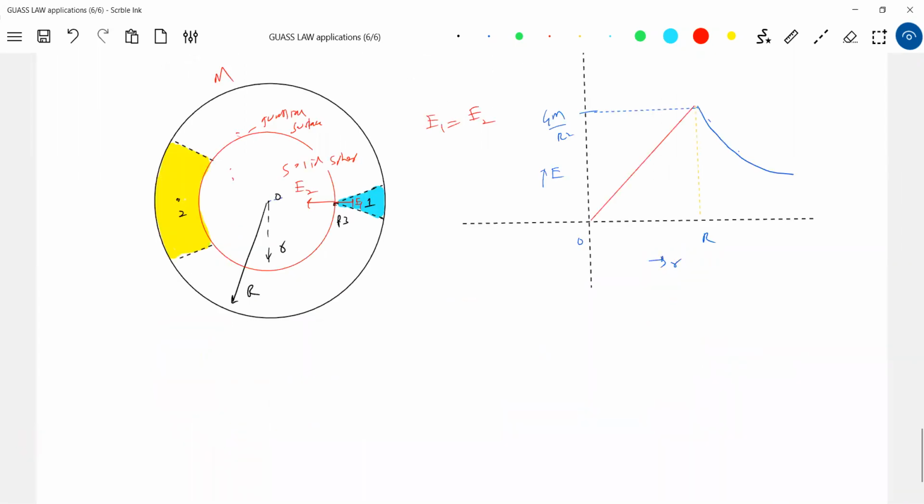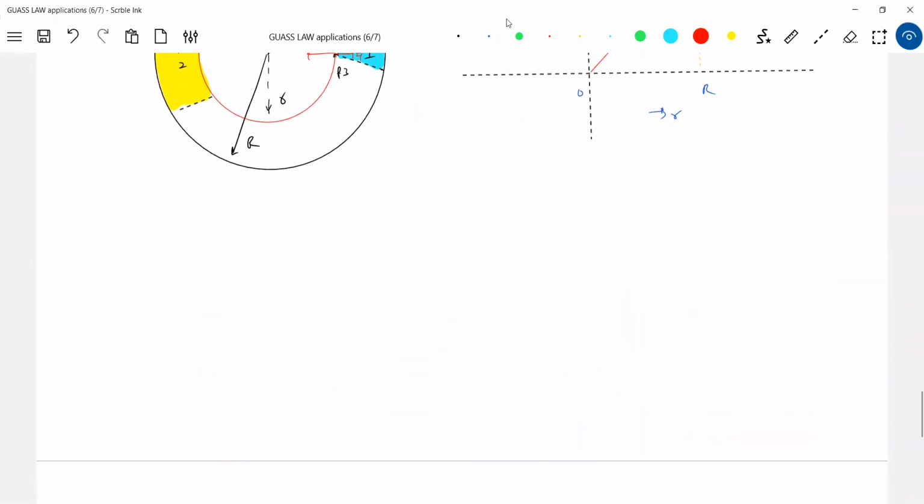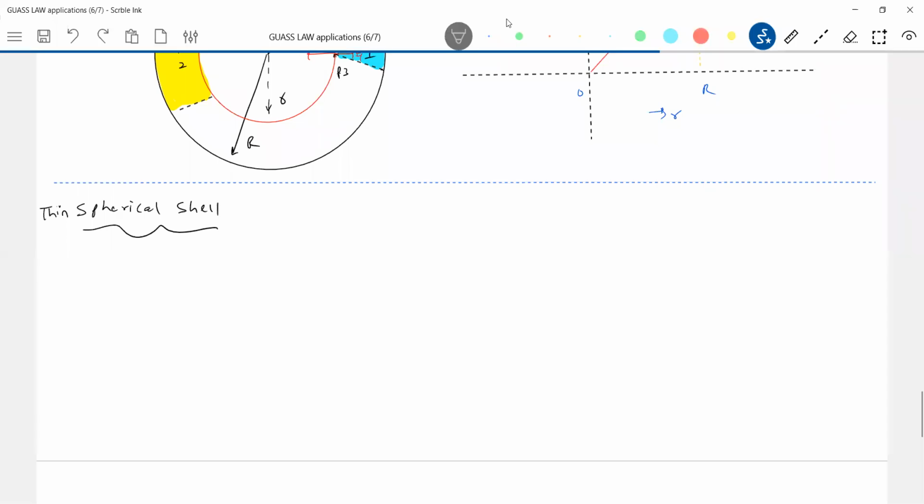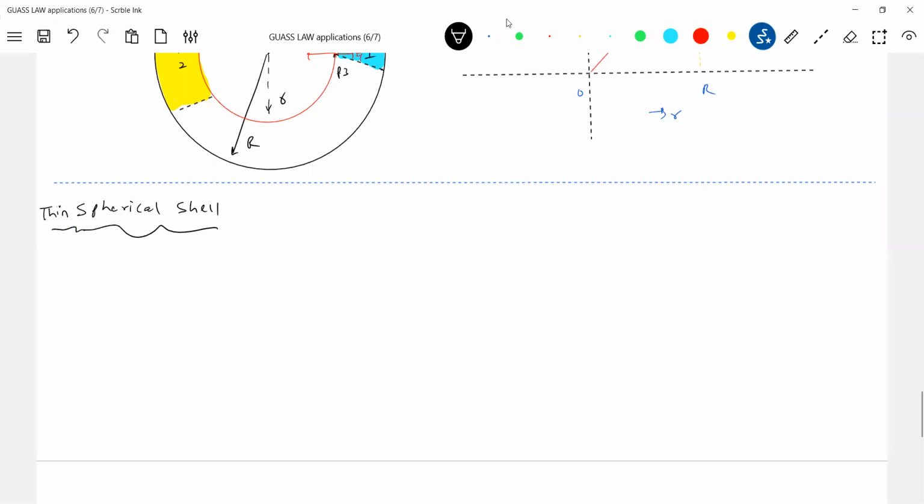Now the same idea we will extend to a spherical shell. Till now, what we discussed is for a solid sphere. Now we'll go for a thin spherical shell. Examples are basketball and volleyball. What are they? They are shells, no? Inside, air will be there. Agreed? A balloon will not be spherical in shape, so I'll not give a balloon as an example. Basketball and volleyball are good examples. So what about the field due to them? The thin spherical shell.